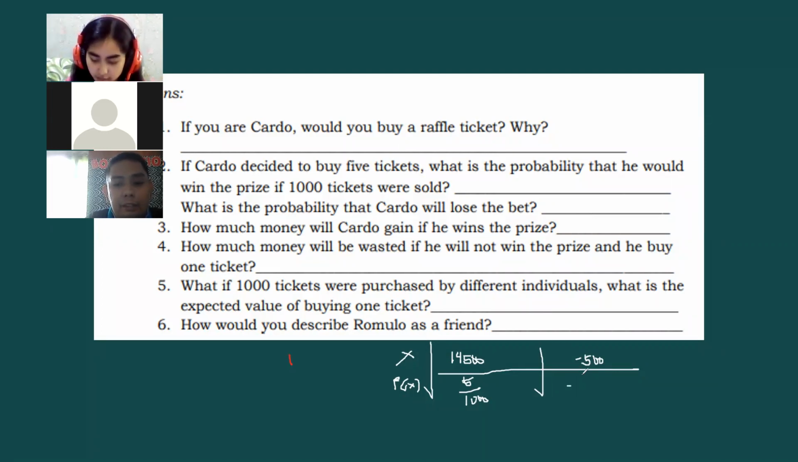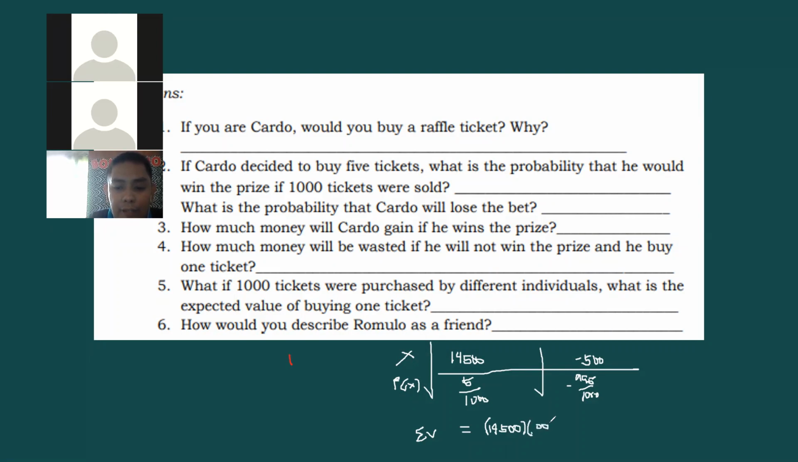That's negative 995 over 1,000. To find our expected value, you simply multiply 14,500 times 0.005. Kinonvert na natin ang 5 over 1,000 into decimal. So that's 5 divided by 1,000. It's 0.005, plus